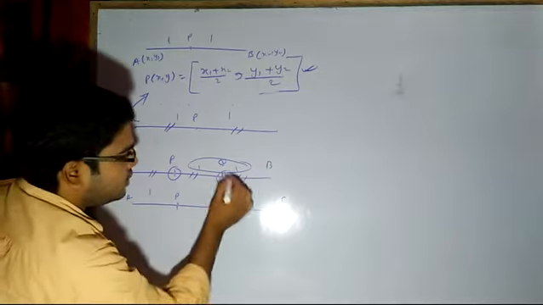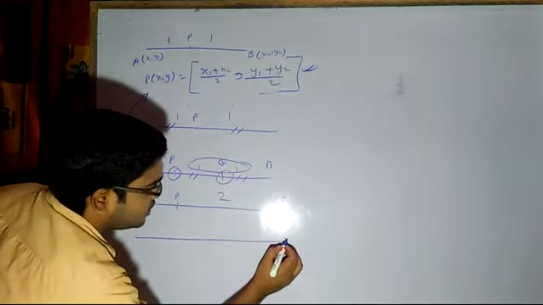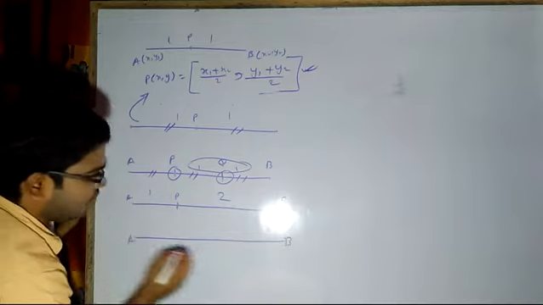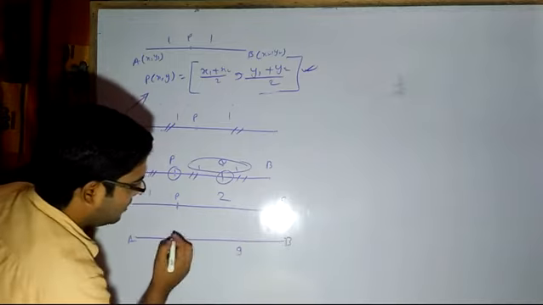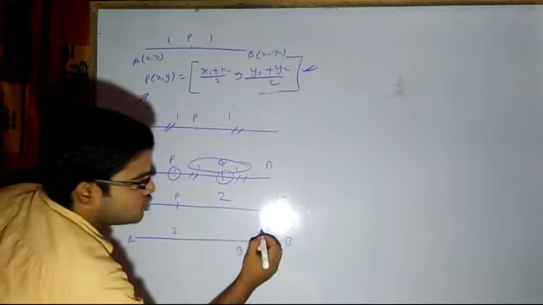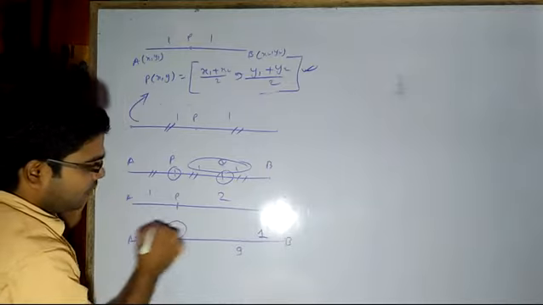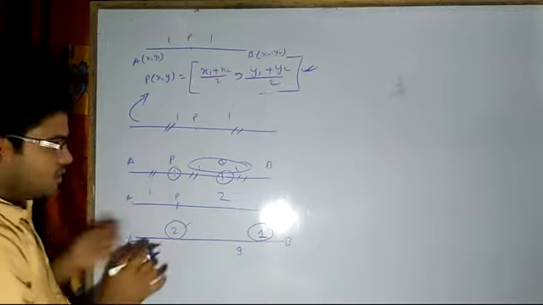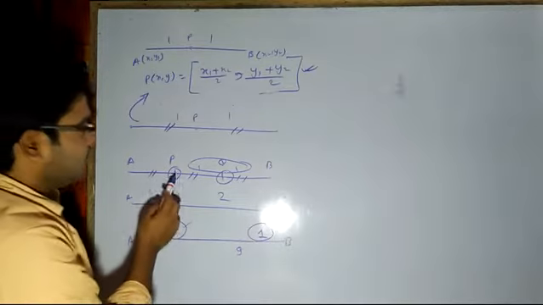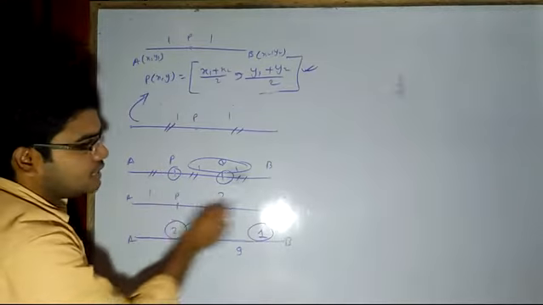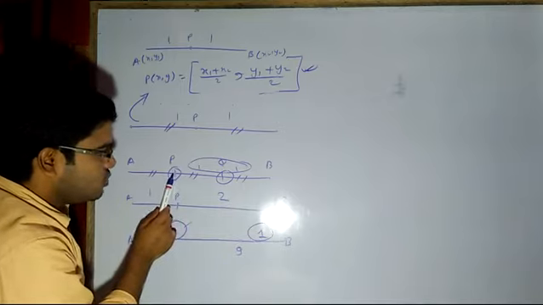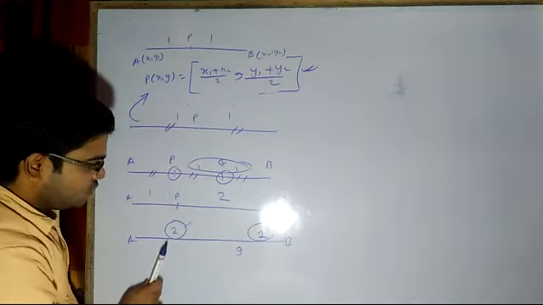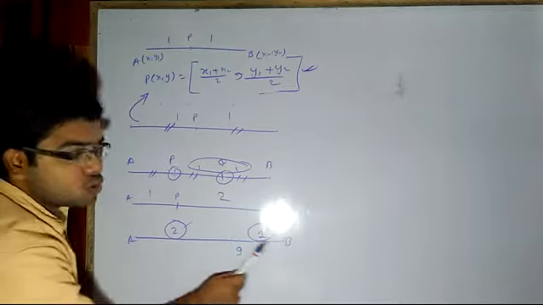Now when you have to find Q, then again you see here I am having B, here I am having A, Q is here. That means this ratio will be 2:1. So here m will be equal to 2, n will be equal to 1. So you will be using this formula, which means the ratios will keep on changing. You cannot directly apply 1:1 for the entire part. When you have to find P, you have to use 1:2. When you have to find Q, you have to apply 2:1.